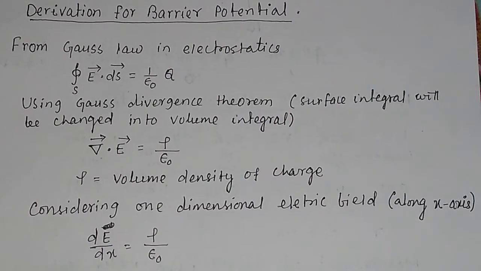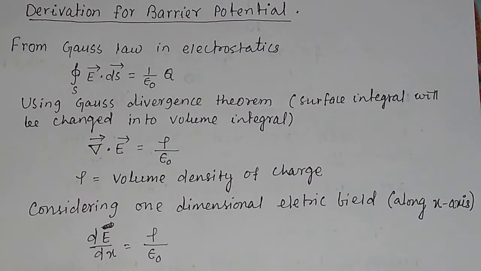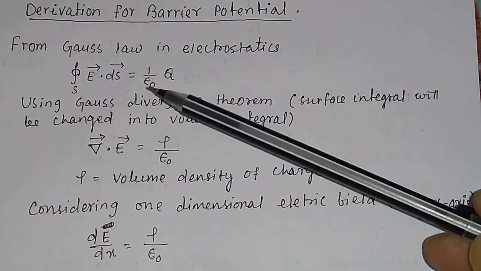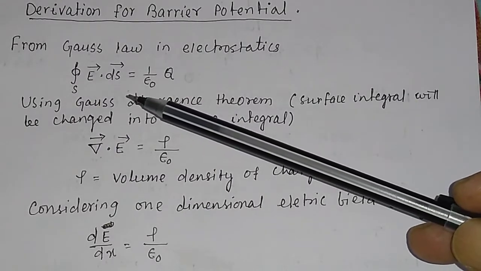In this video, we'll discuss how to derive the barrier potential in a PN junction, and we also discuss the width of the depletion layer at the junction potential. From Gauss law in electrostatics, we know the surface integral or the flux enclosed by the closed surface is equal